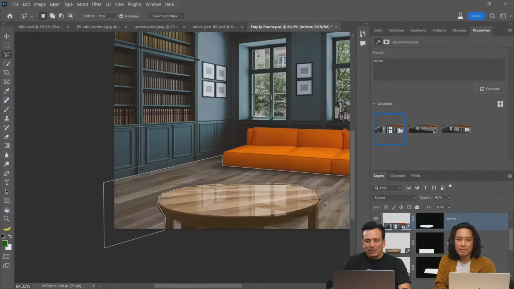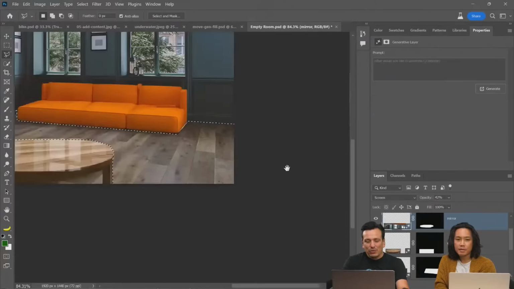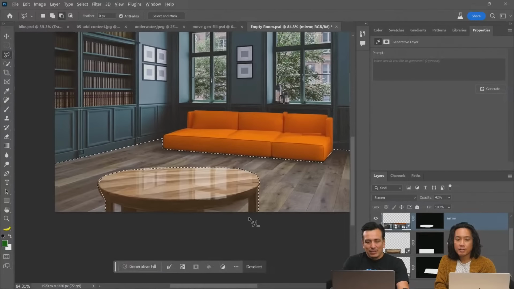I don't know if it'll work, but this selection, of course, is very, very loose and not the best in the world. But with the time frame we have,